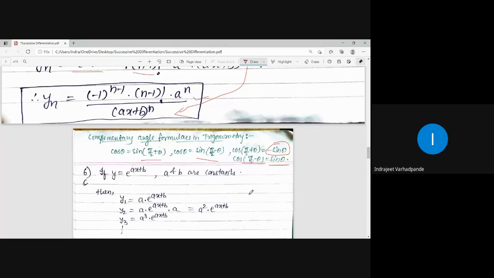These can be very well calculated with the help of factorization. Cos of a plus b is cos a cos b minus sin a sin b. Cos of a minus b, what will it be? Cos a cos b plus sin a sin b. So accordingly you can simplify. Sin 90 is 1, cos 90 is 0. You can easily get the formulae. Clear? Yes sir. So for your reference, you can note down these formulae on top of the page or on the side by making a box over there.